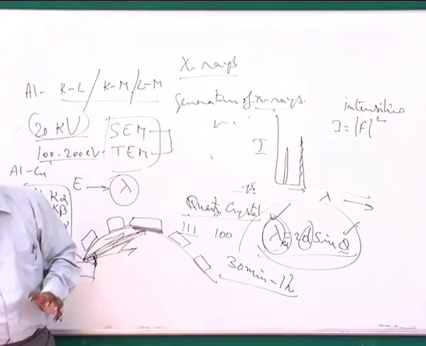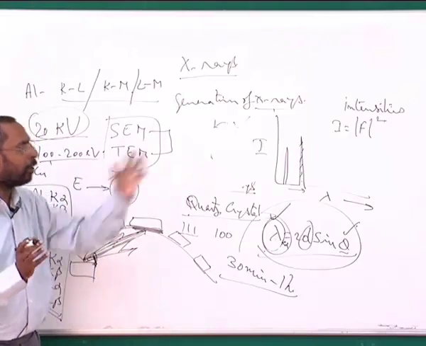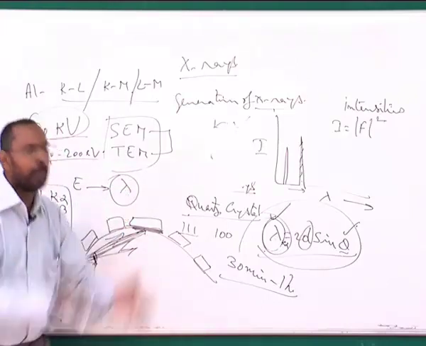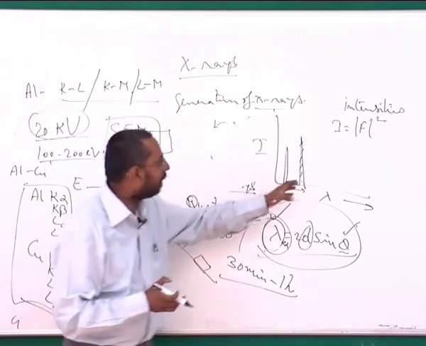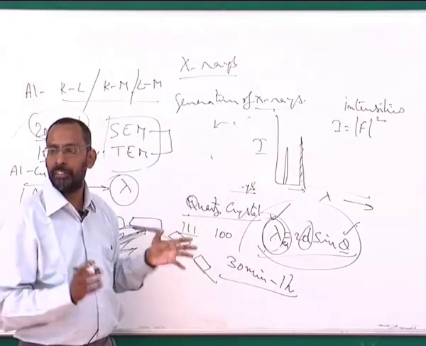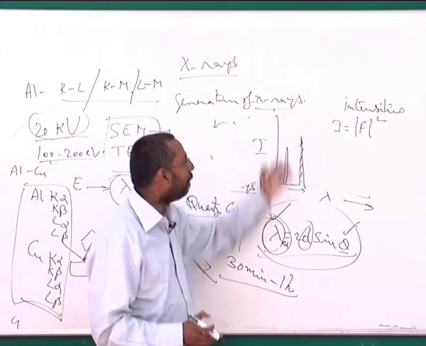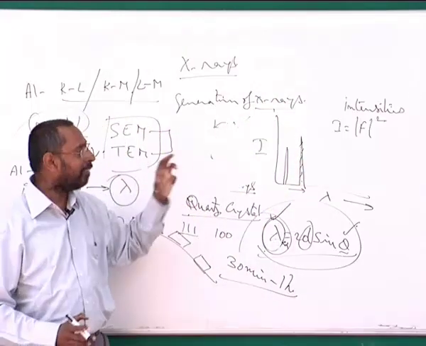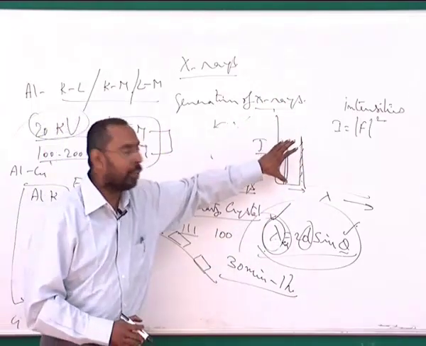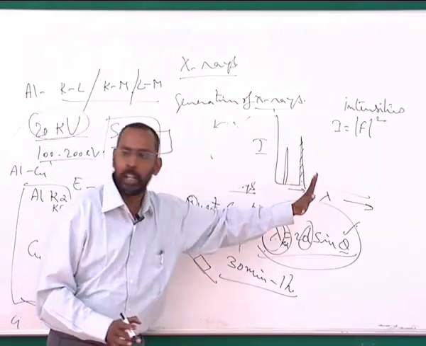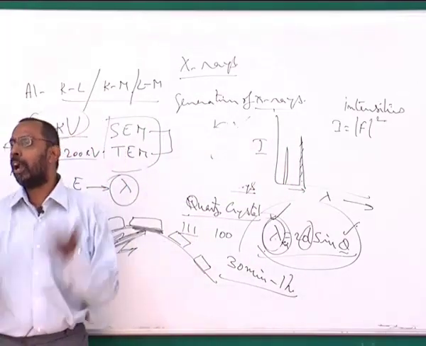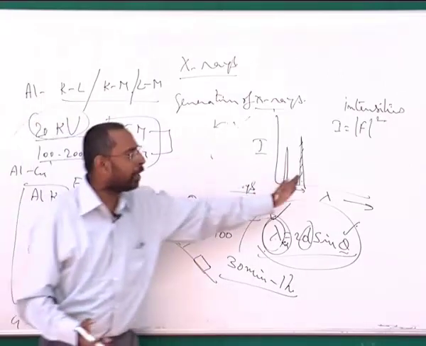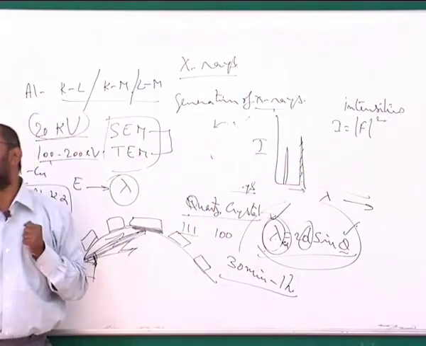So as a result, if more atoms of a particular element are present, more X-rays are going to come out of that. And as a result, if I can hold on for a sufficient length of time, I will be able to pick up all of them. Again, this is very important. If the time that is being held at each of the theta positions is short, even though there may be a lot of X-rays of that particular lambda coming, you are not picking up all of them.